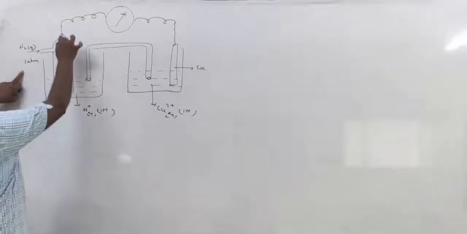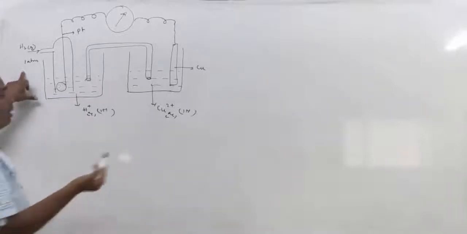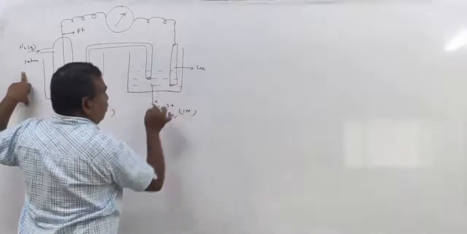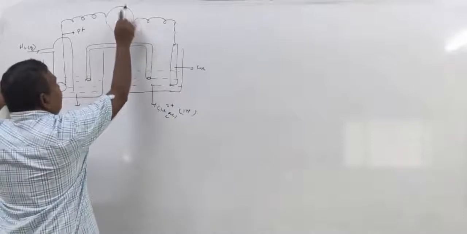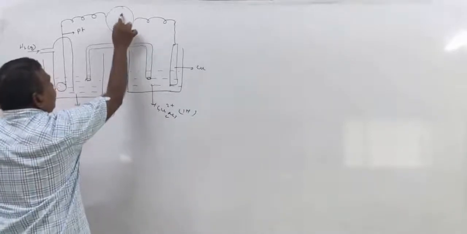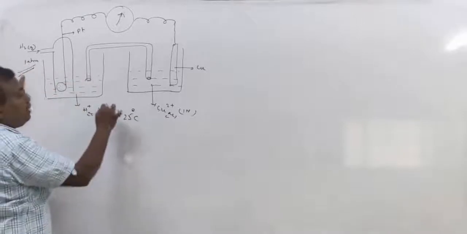So this is an electrochemical cell. Two half cells are connected. One half cell is hydrogen gas, platinum wire, circular disc. Hydrogen molecules are in contact with H+ ions present in the solution. Another one is a copper rod in contact with Cu2+ ions in the solution of 1 molar concentration. They are connected via a voltmeter. Then the voltmeter gives a reading. That reading is nothing but the EMF of the cell, the cell potential. Here the temperature is 25 degrees Celsius, the gas is at 1 atmosphere pressure, and the concentrations are 1 molar.